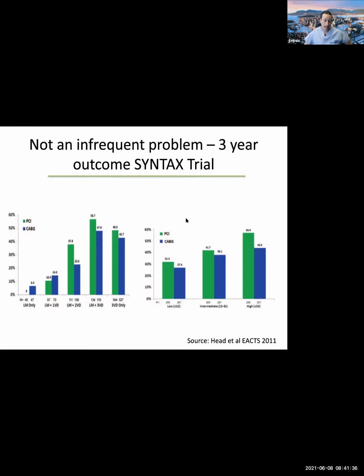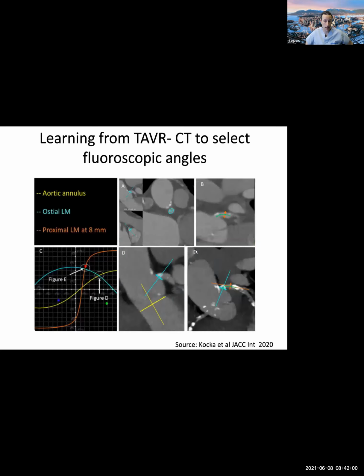And as we saw at ACC this year, but we've seen historically, that this leads to incomplete revascularization. In the ISCHEMIA trial, incomplete revascularization occurred 40 to 60% of the time. In the SYNTAX trial, it was 30%. And we know that this incomplete revascularization is associated with a worsened downstream outcome. So can we actually use CT to help this? I don't have evidence that it will actually reduce incomplete revascularization, but it sure makes a lot of sense to me. If you've already done the CT, why not explore it